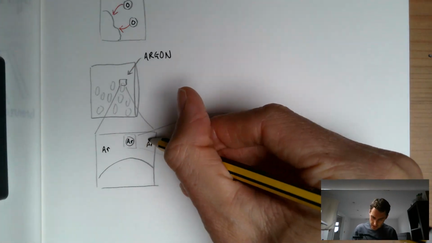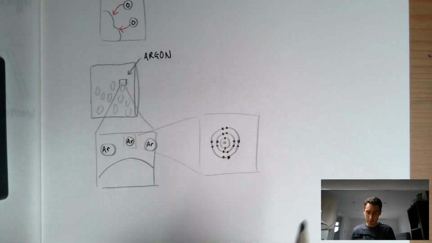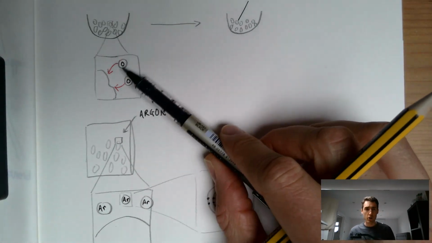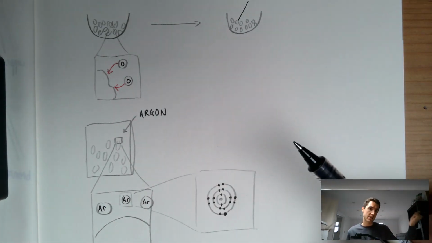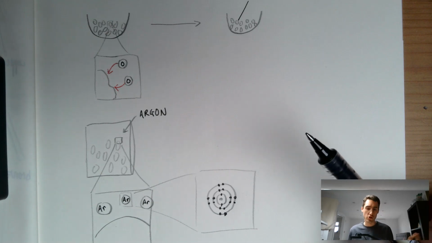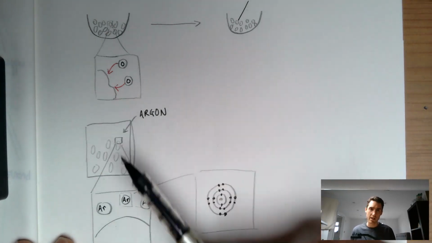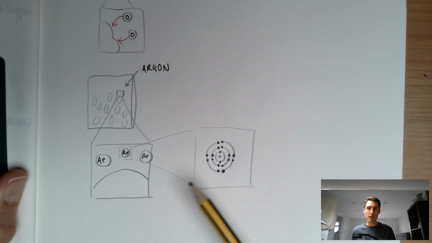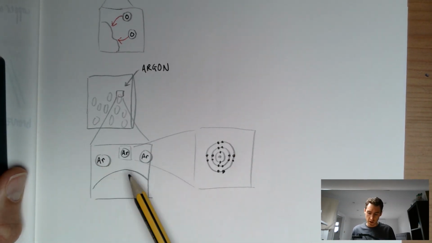and again, looking at it now, perhaps I should have zoomed in on the oxygen and shown that because oxygen gas only has 6 in its outer shell, it maybe wants to gain 2 more, and it can get some of those from atoms inside here. We maybe don't need to go into that much detail. The point that you want to make is that the full outer shell makes this unreactive, therefore the argon doesn't react